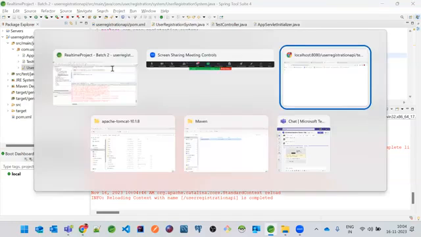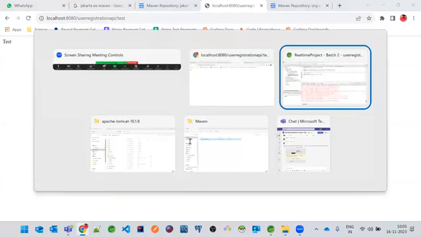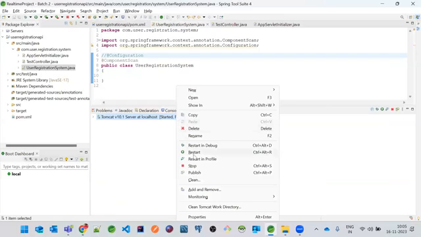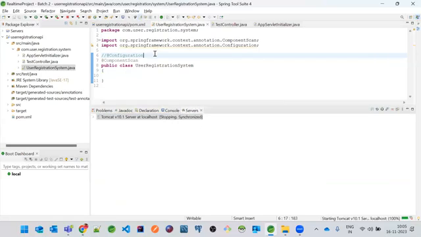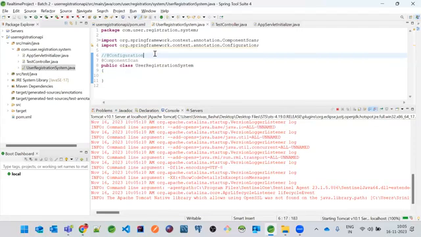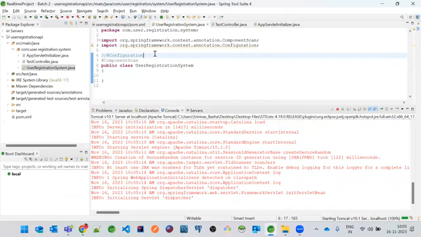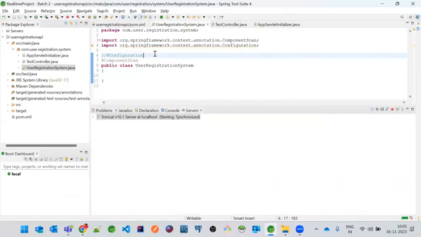Now, just go to this and reload this one. So let me stop and restart because it has asked me to restart.